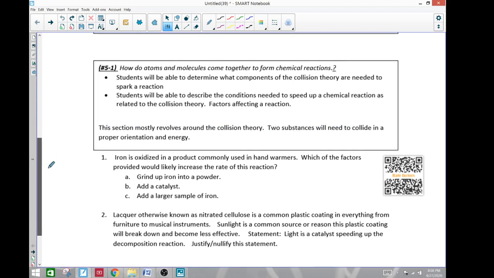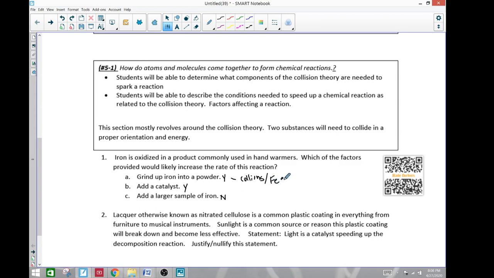All right, so first problem says iron oxide is produced, commonly used in hand warmers. Which of the factors would likely increase the rate of reaction? So we want to increase the collision theory. So the grind up, yes, and adding a larger sample of iron, no. So this one here is increasing the actual collisions between, in this case, the iron and the air,